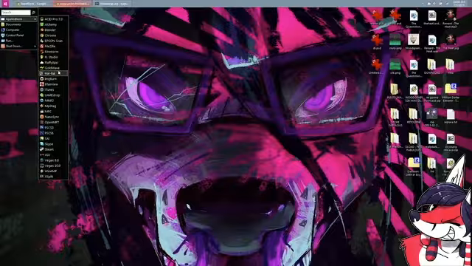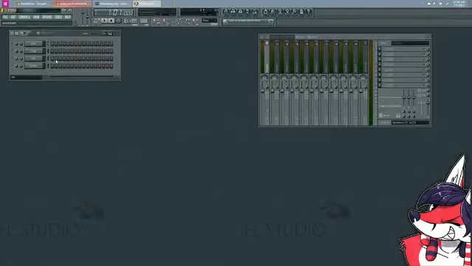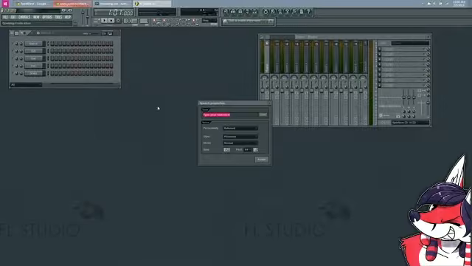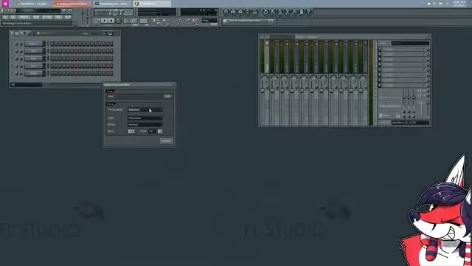And sometimes I use FL Studio's text to speech, which actually is licensed from somewhere else. What a funny, yeah, this was licensed from somewhere else. I forget what it is, but it is from somewhere else. Test.